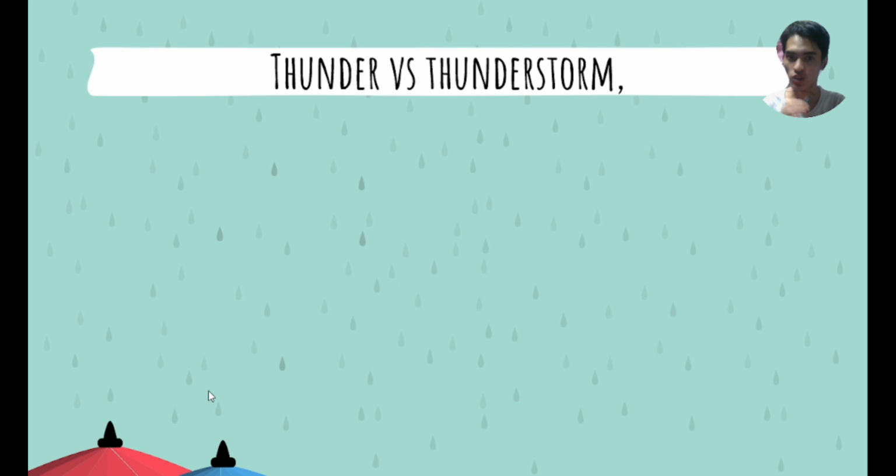Well, it is called a thunderstorm because a thunderstorm always has lightning, and thunder is created by lightning, and you can't have a thunderstorm without lightning. Yet, lightning may exist in the absence of a thunderstorm. So, having this in mind, it is called a thunderstorm and not a lightning storm.